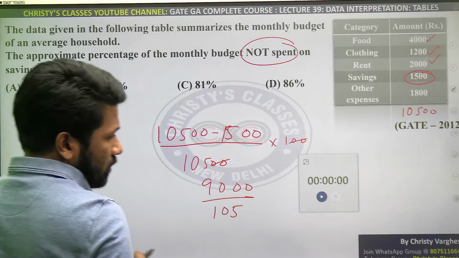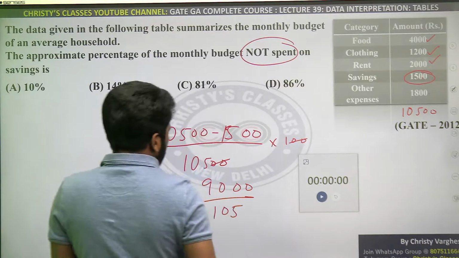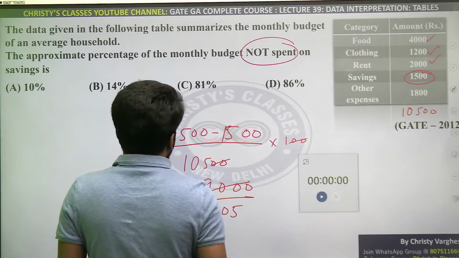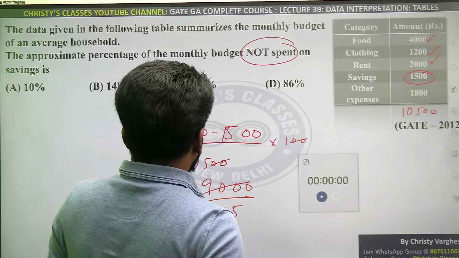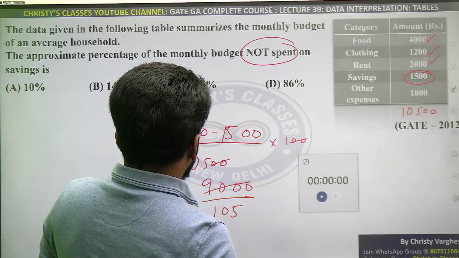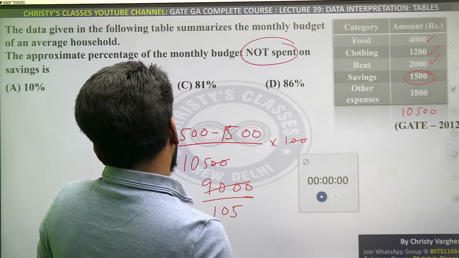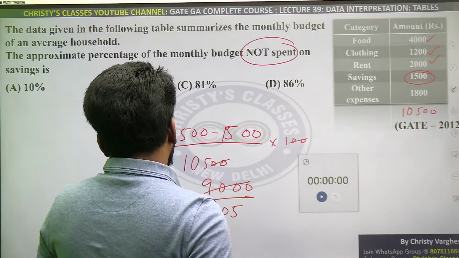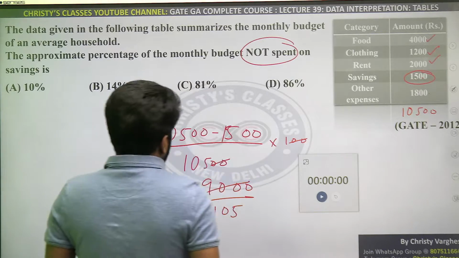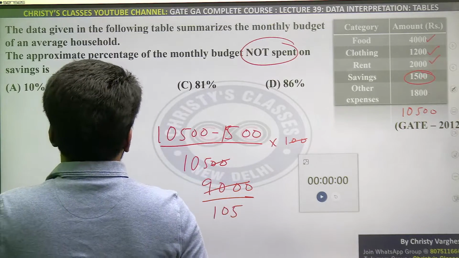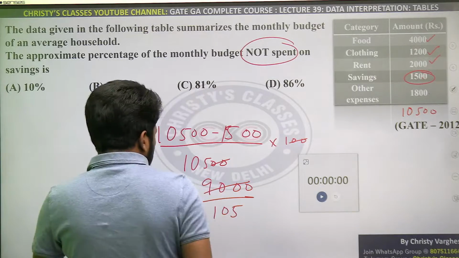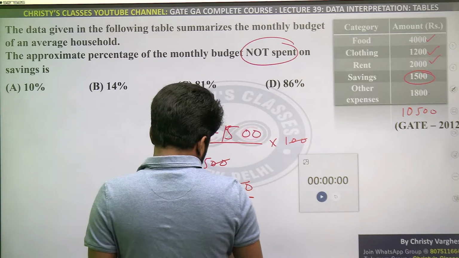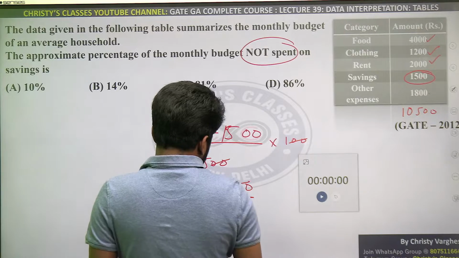Did you all understand this? Otherwise, I will tell you one more shortcut to save more time. Anyway, cancel this, what you will be getting is 9. Okay, did I make any mistakes? Yeah, correct only. So 9,000 by 105, that percentage we need to find. So calculate it, cancelling by 5, you will get